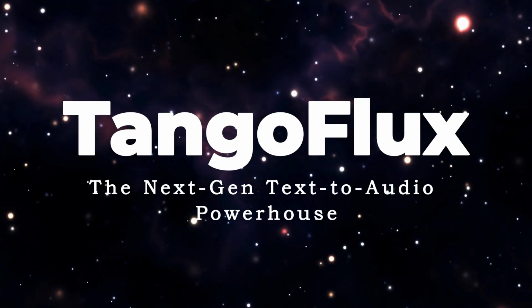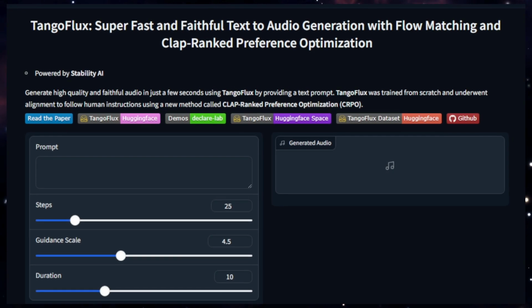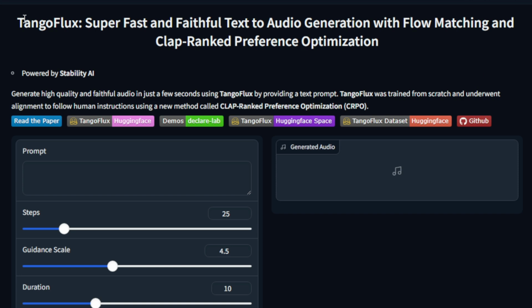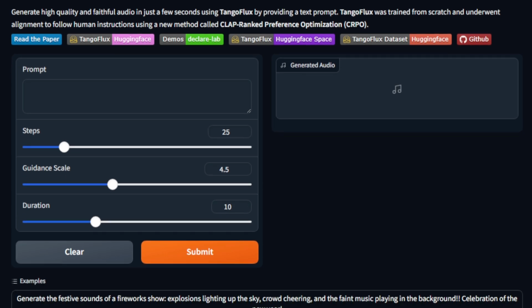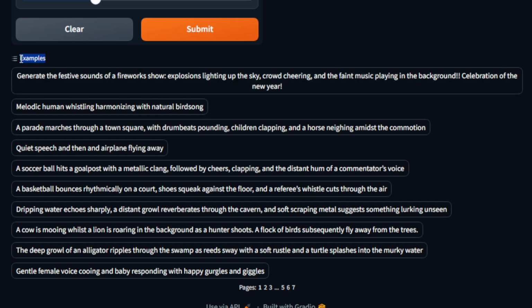Project number 2: TangoFlux, the next-gen text-to-audio powerhouse. TangoFlux is an innovative text-to-audio generation model that is pushing the boundaries of audio synthesis. What sets TangoFlux apart is its combination of innovative techniques that enable it to produce high-quality, natural-sounding audio with exceptional speed and fidelity. One of the key innovations behind TangoFlux is its use of flux transformer blocks, specifically diffusion transformer, DiT,